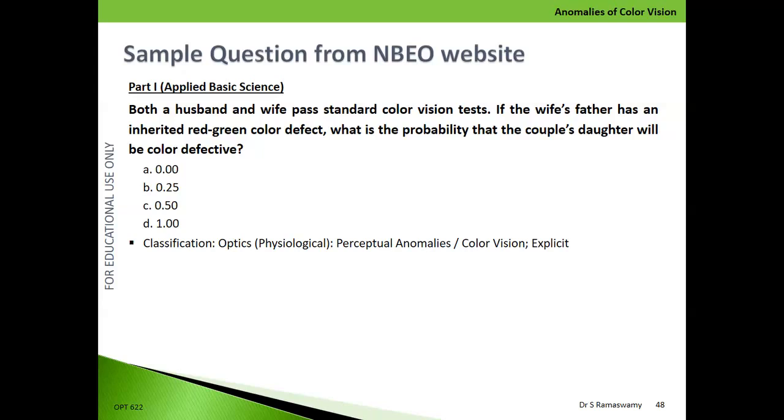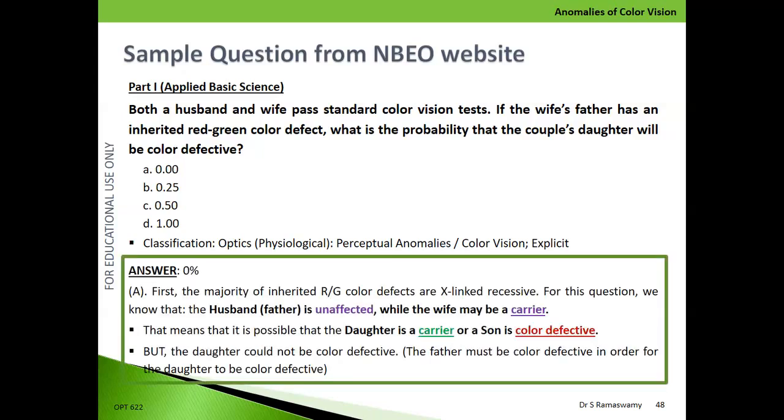Remember, if the wife is carrying the defective gene, she will pass it on to 50% of the sons and 50% of the daughters. So that means if the daughter is having the gene, she may not display color vision defect because the dad is normal. So the daughter will still have the gene but will act as a carrier and will not display color vision defect. So the answer here is actually 0% because the husband or the father is unaffected,